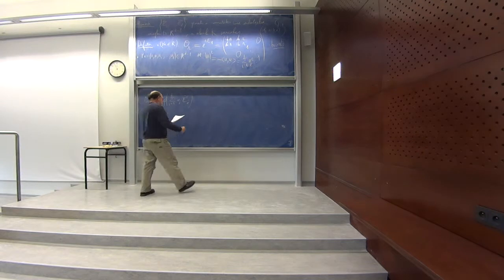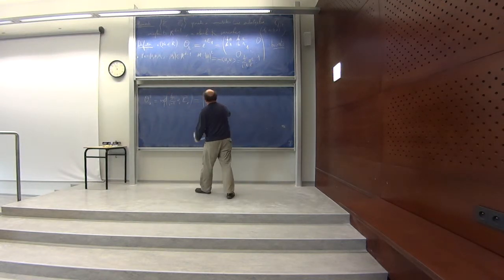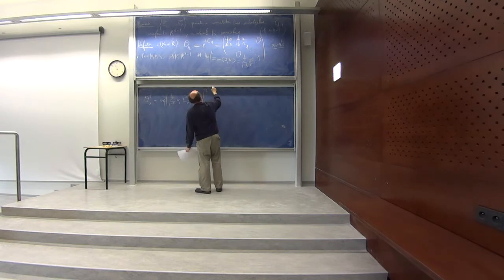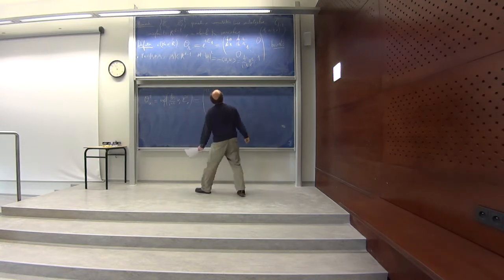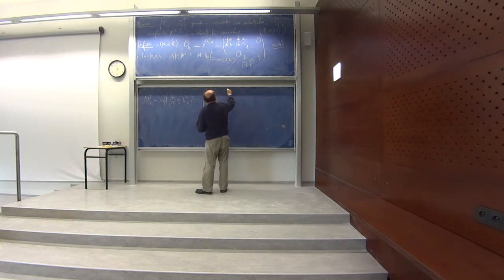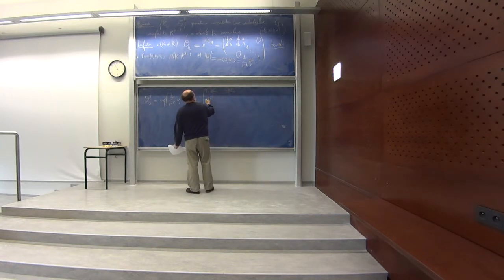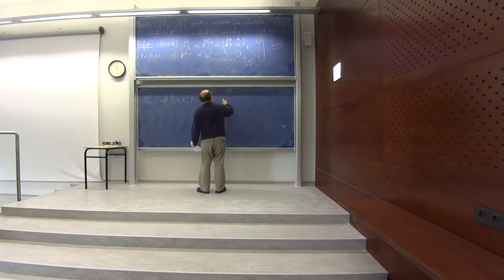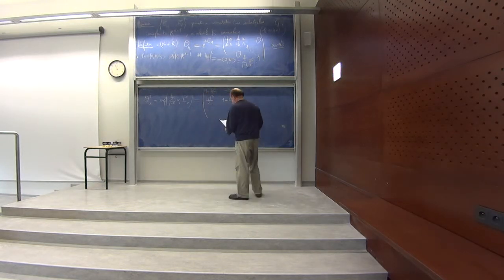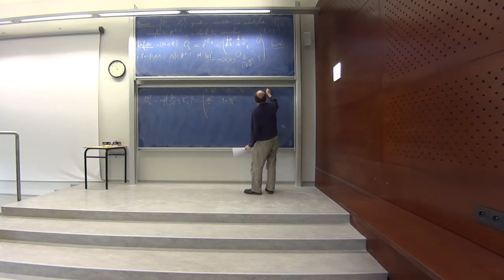And it is displayed as 1 plus u squared over 2, minus u squared over 2, u squared over 2, 1 minus u squared over 2, then u2, ud,